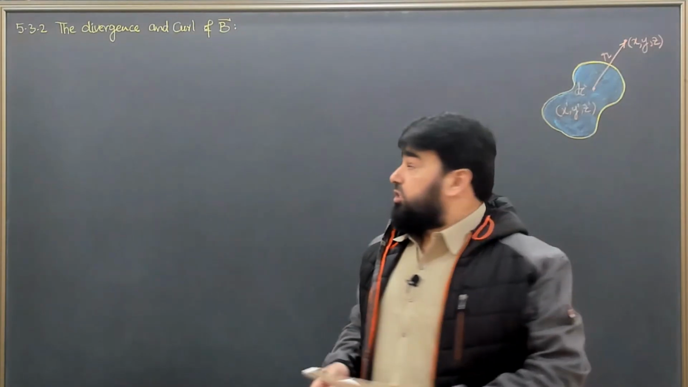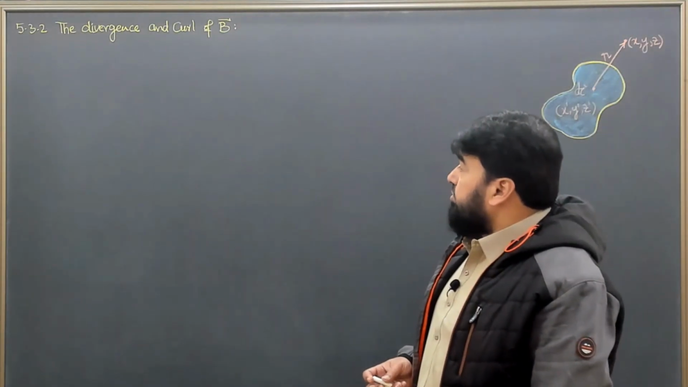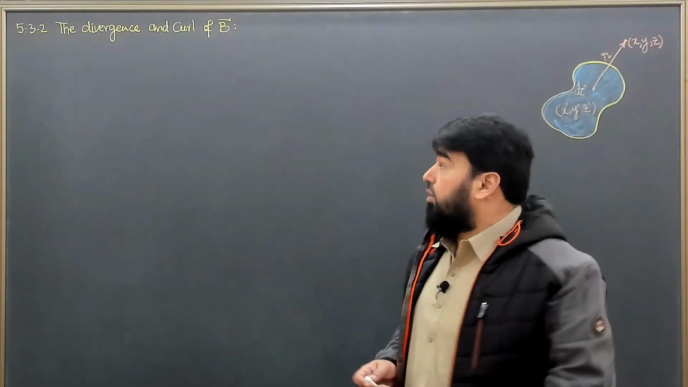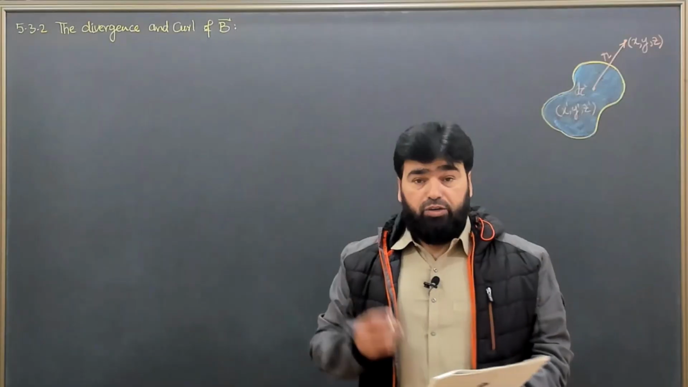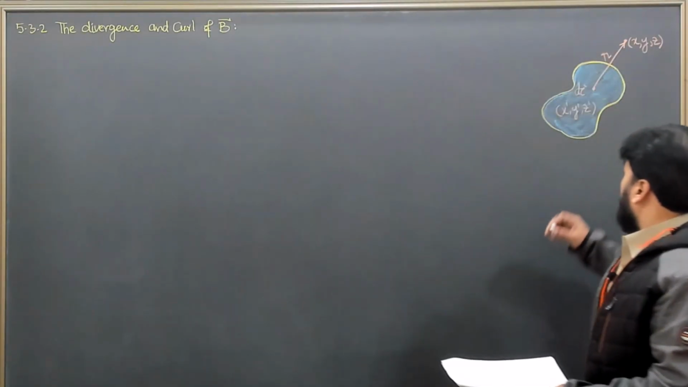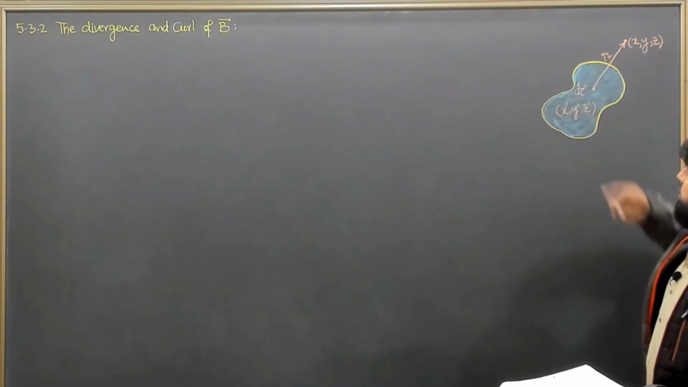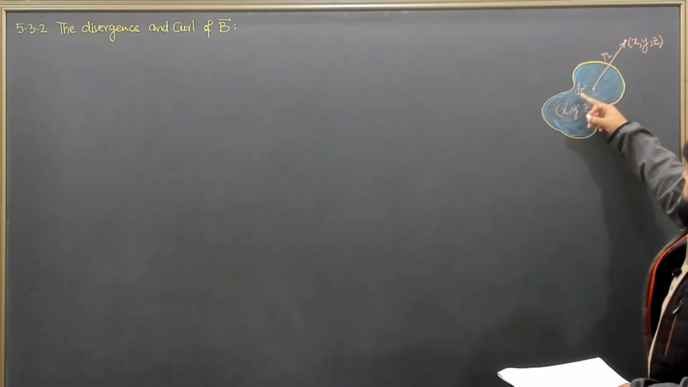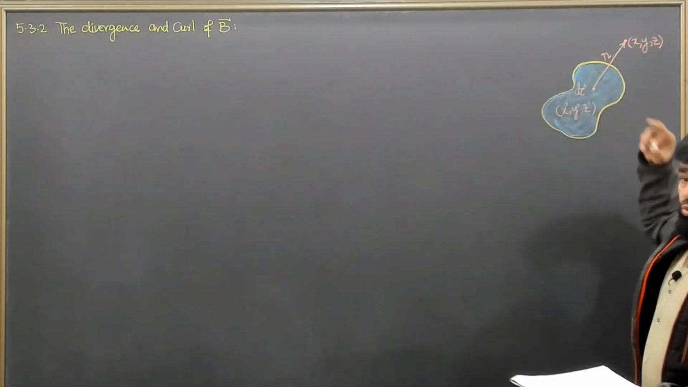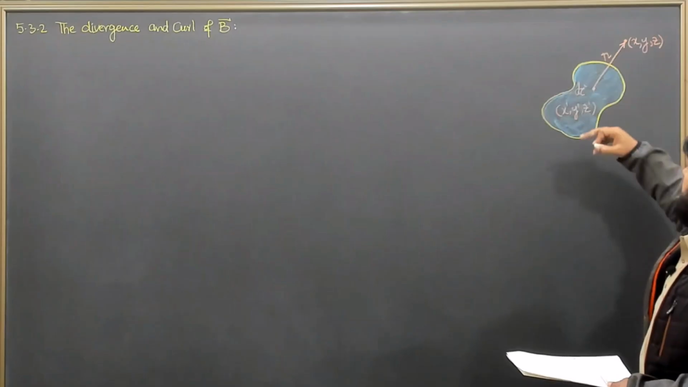Now we start with section 5.3.2, the divergence and curl of the magnetic field, and we will consider a general case. The general case is if we are having an arbitrary charge distribution, with volume element d tau prime. The volume element is in primed coordinates, as we know from our custom in